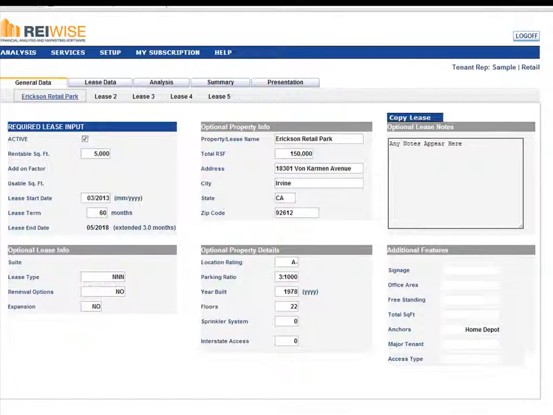Within the REIY's lease analysis platform, you can copy from any of your individual lease scenarios into another lease scenario. As you can see on the screen, I have the Erickson Retail Park, then I have Lease 2, Lease 3, Lease 4, and Lease 5. If I want to compare the same parameters from the retail park in 5 different scenarios, all I need to